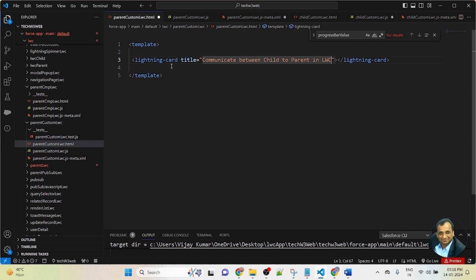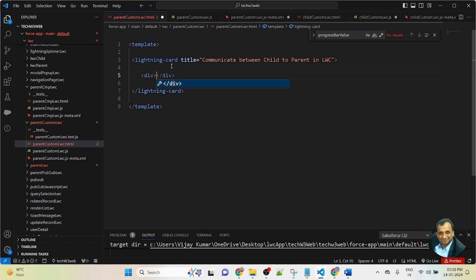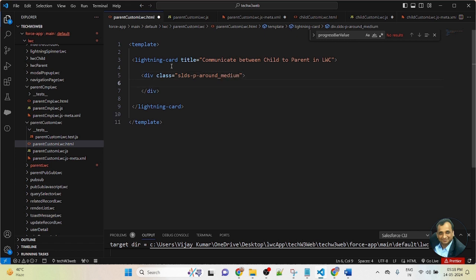So here I am writing the title, communicate between child to parent in LWC. Inside the lightning card, first I will create a div with class SLDS p around medium. Then inside the div I will create a lightning button.